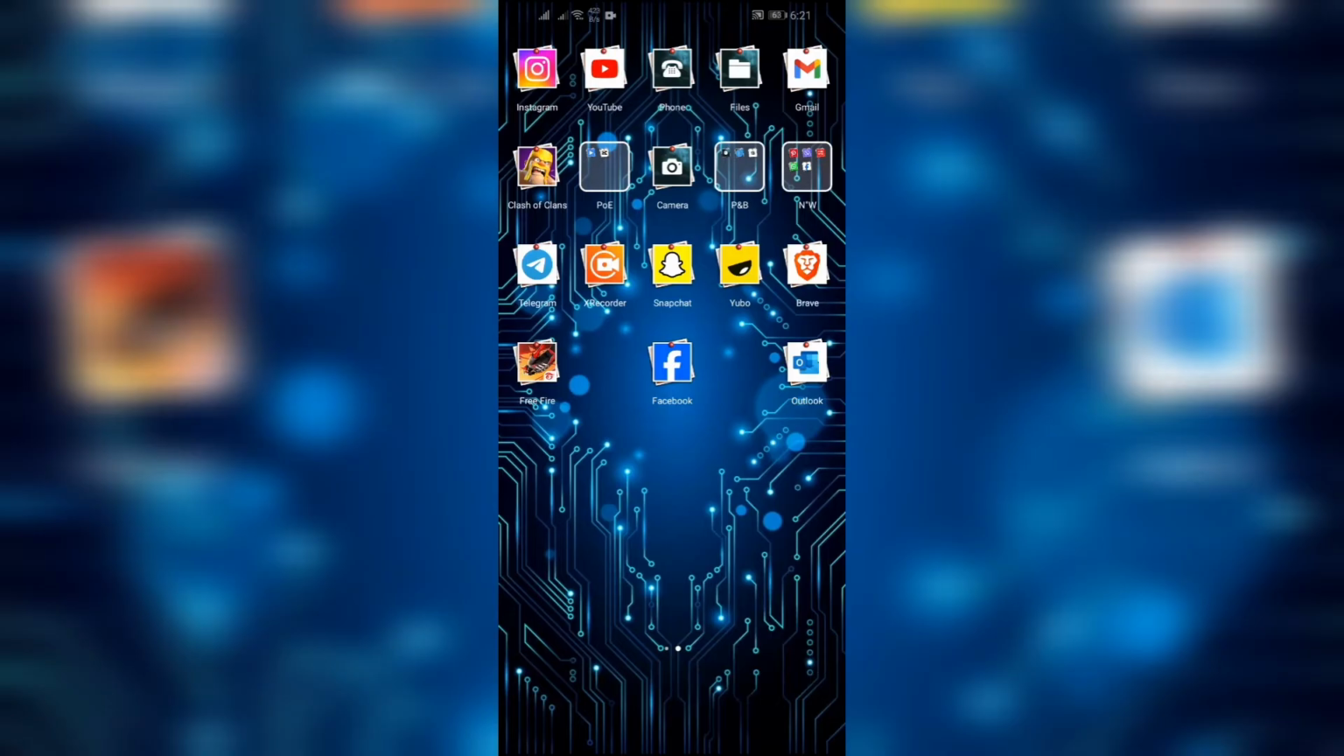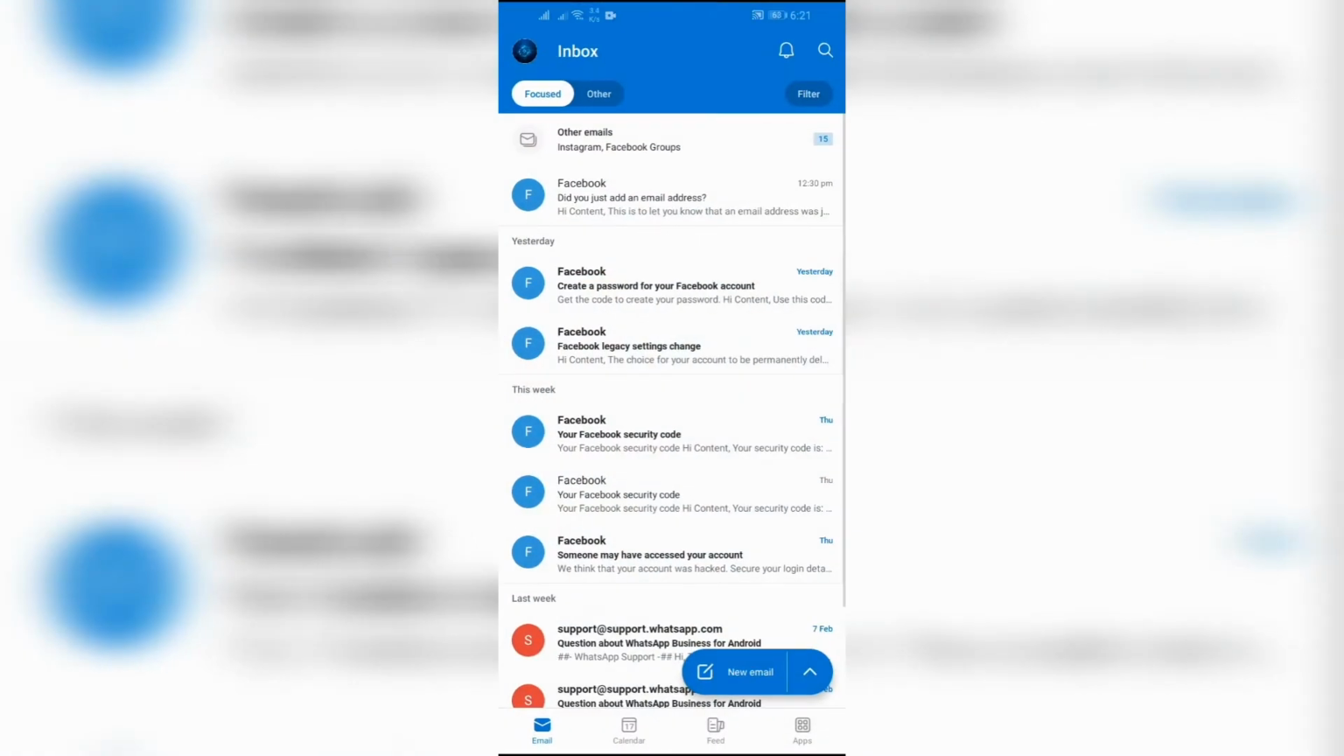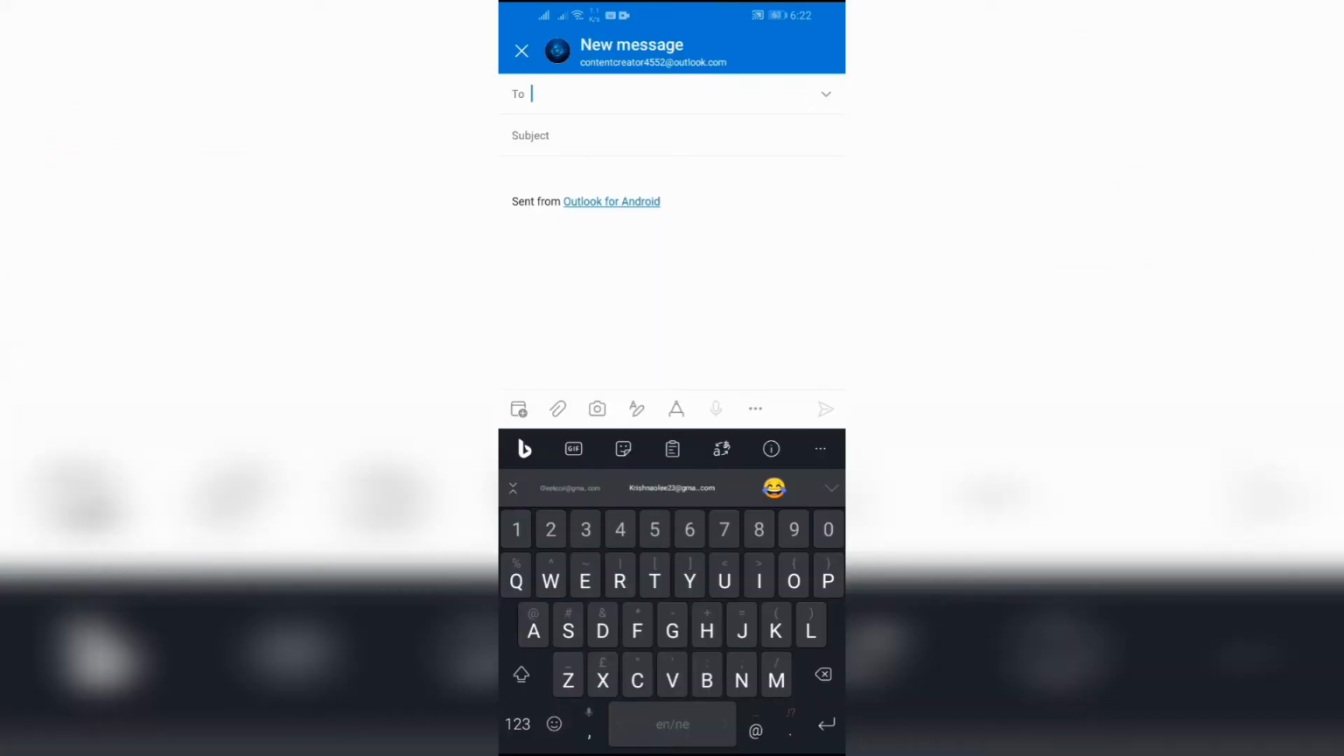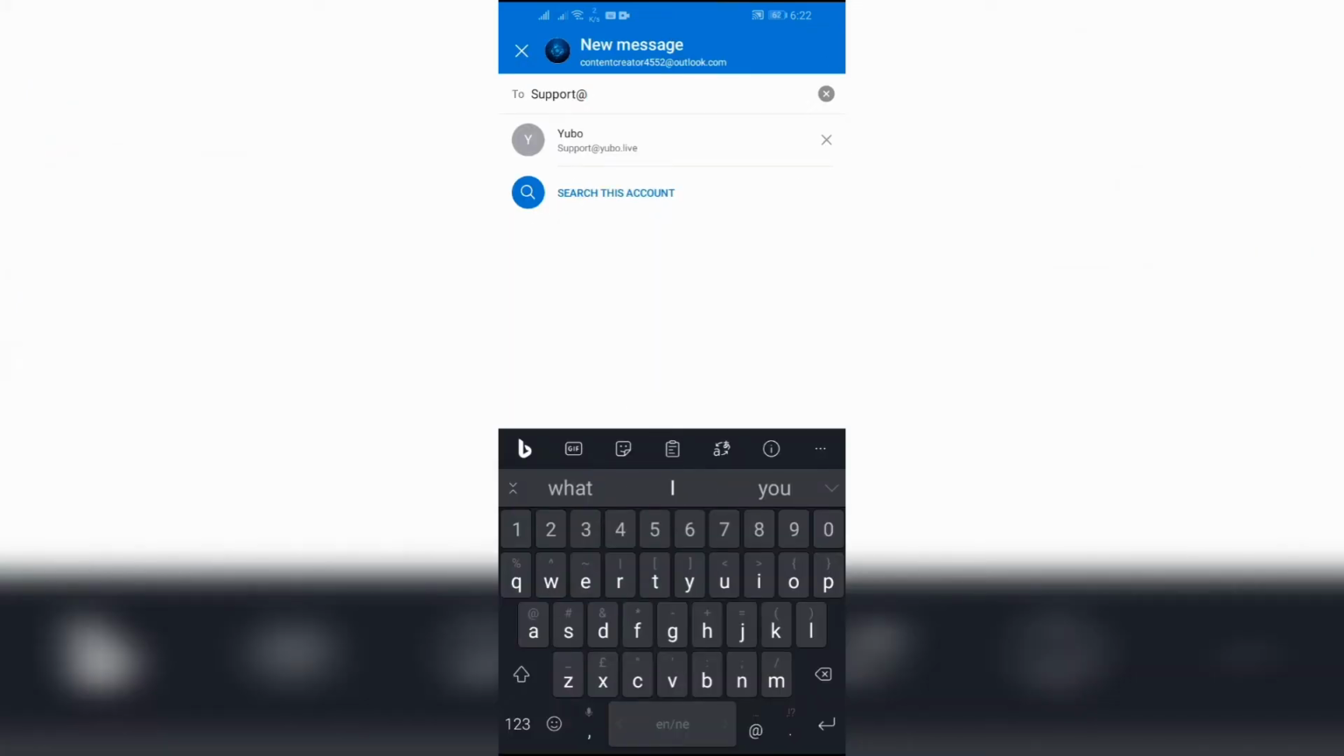Firstly, you have to open any of the email services that you use. I'm opening Outlook email here. Simply open the email and then click on this new email option here. After clicking to create a new email, enter this email address